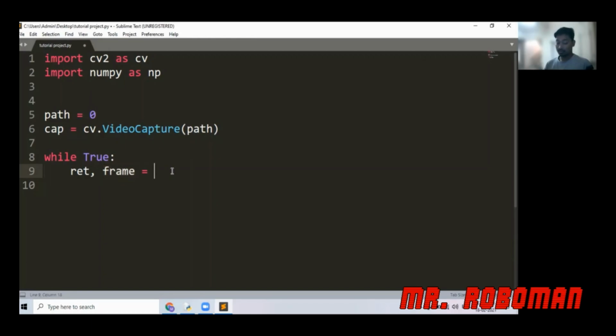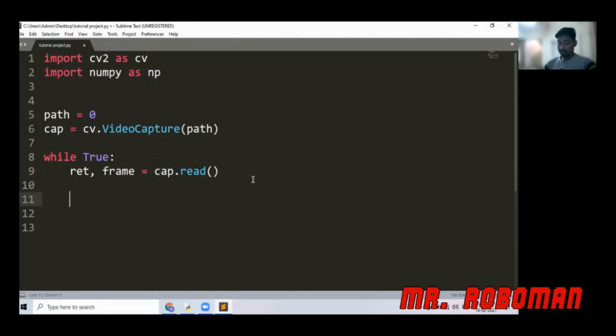We can just write cap.read(), open and close bracket. With this function, we read data from this cap channel, and in this data we have a frame and we have ret as well. So ret shows us whether we are actually getting the data or not.